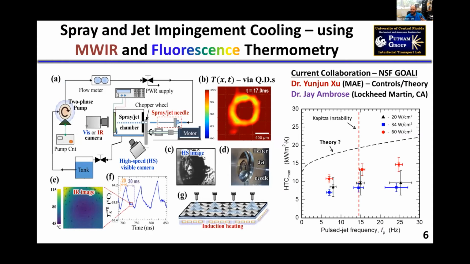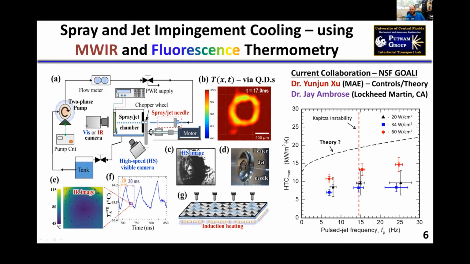Kind of the second topic is related to, since we have these transients, we have to understand how much the temperature changes. To cool things, there's such a thing as spray cooling, so we can put a spray on a hot surface, and then we have all these advanced diagnostics, so we can use IR imaging and high-speed imaging, and we can have pulse jets or pulse sprays. And then this multi-spray approach is kind of a current collaboration.